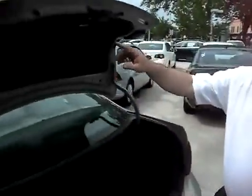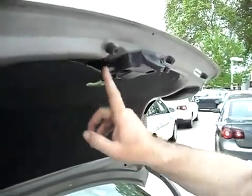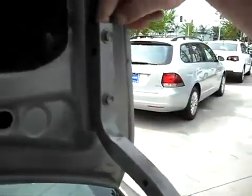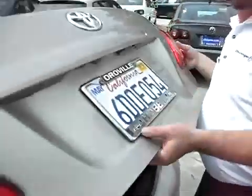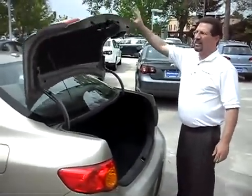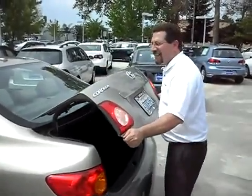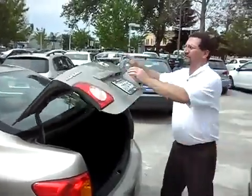Take a look at Toyota. The budget seemed to come a little bit shy on the finish there. But this is what concerns me. Two little bolts, a piece of extruded steel, like something you might have fastened in your garage. And then, if you look at this, it's just, gosh, it doesn't seem to have that same integrity. You know, this is the training class they broke the trunk with doing that, so I don't want to cost